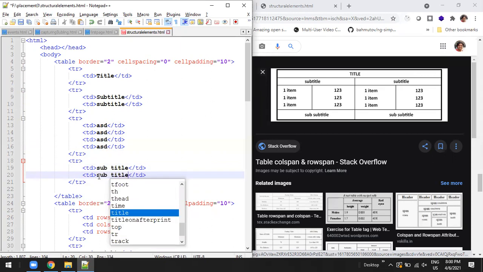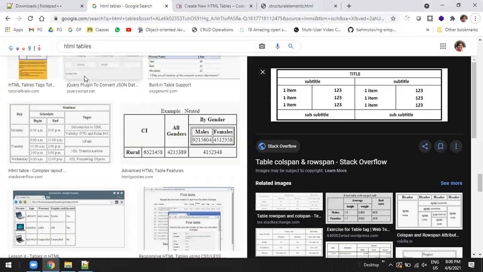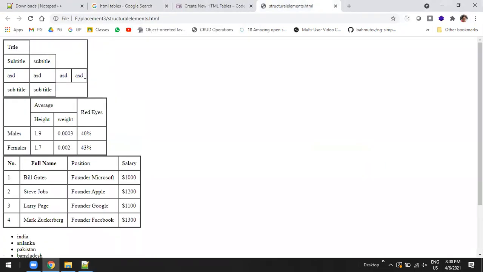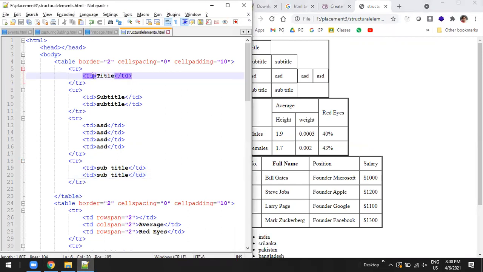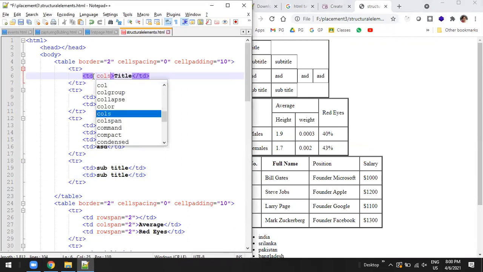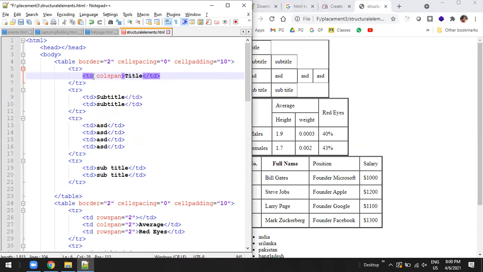Okay, so now if I directly see this output, it looks like this. So first row should occupy all the cells, right? I mean column wise. So what I'll do, I'll make the first row colspan. It should occupy 4 columns space. So I'll make colspan equal to 4.